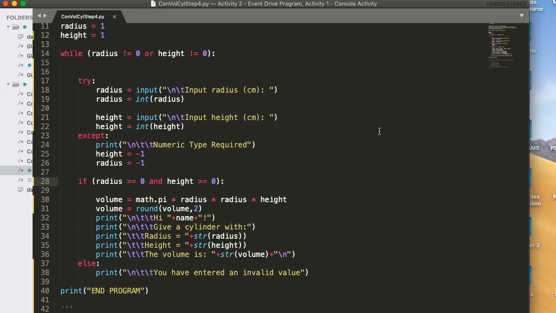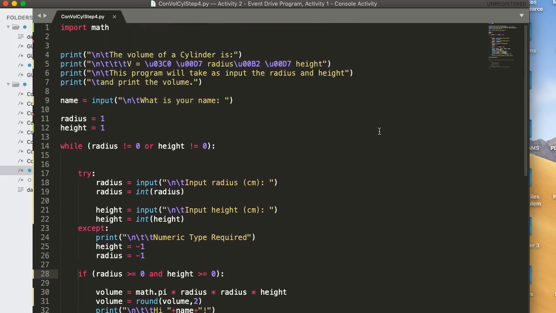This try-except structure, sometimes called try-catch in other languages, is really useful. And we're really just scratching the surface. But it's a nice way of ensuring that your program doesn't crash if the user inputs strings where numeric types are expected. Okay, the second thing I want to do is store